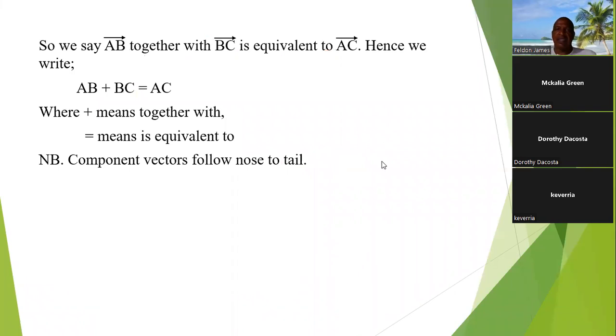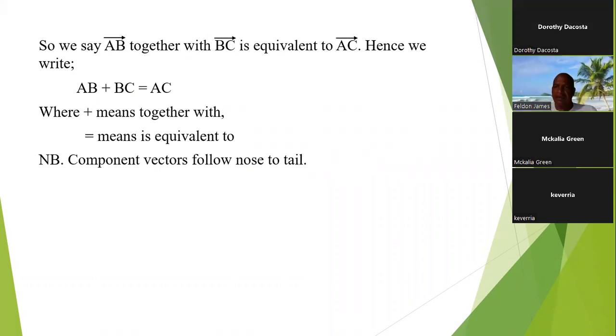All right, any questions, guys? Is it clear what I've just explained to you about the vectors? Guys, raise your hand if what I've just explained is clear to you. If it is not clear to you, just let me know so that I can see if I can